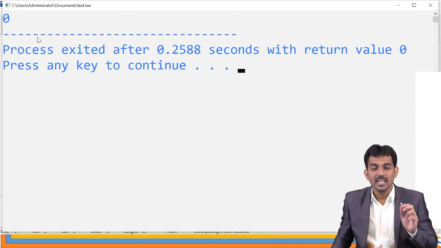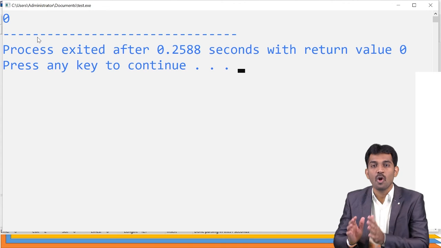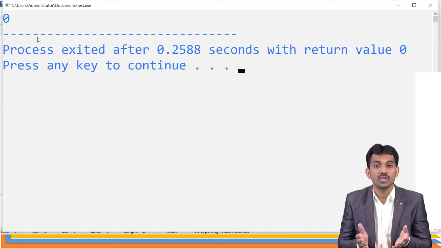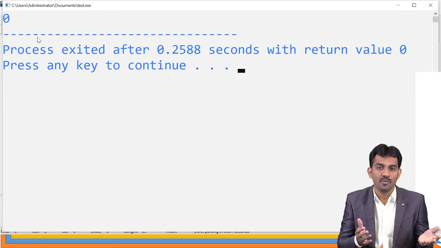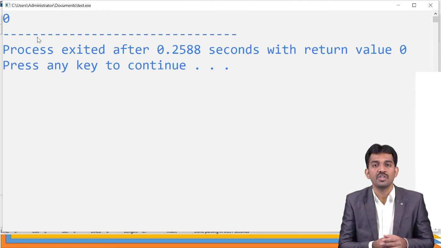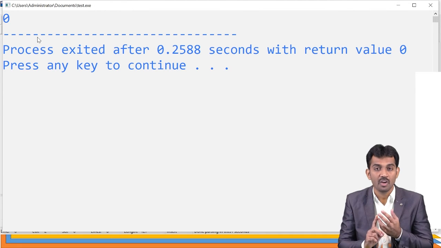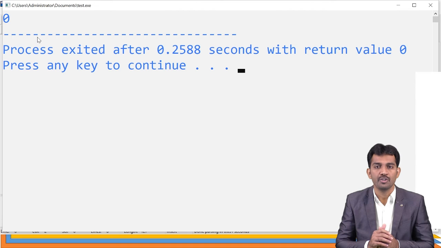The reason is calloc is going to allocate the memory block-wise. Each block is 4 bytes. The compiler understood, yes, it is an integer, that is 4 bytes. So the default value is 0. The main difference between malloc and calloc is that calloc gives 0 by default, whereas malloc takes a garbage value by default. It is a very, very important question from the interview point of view. Please note this point, right?